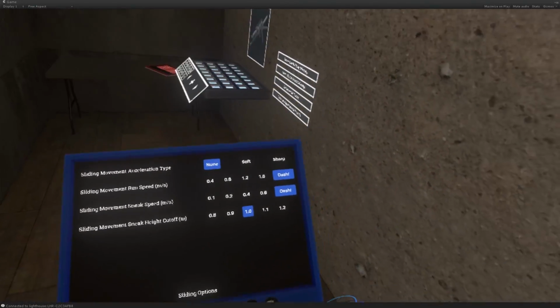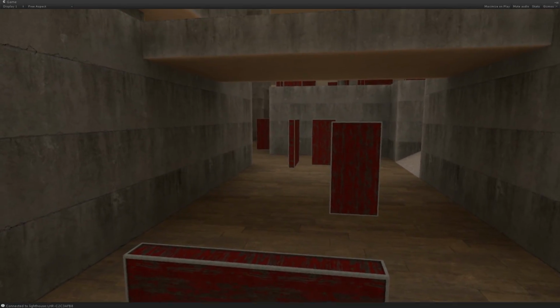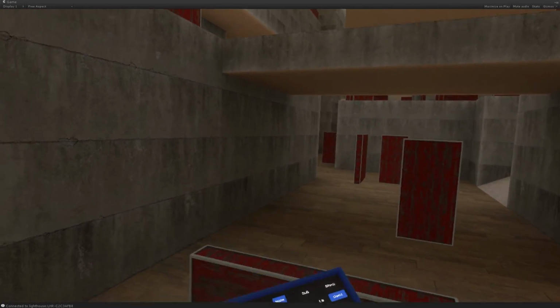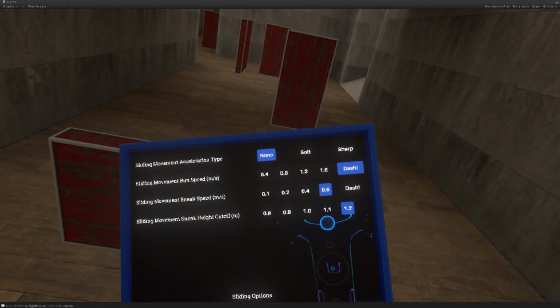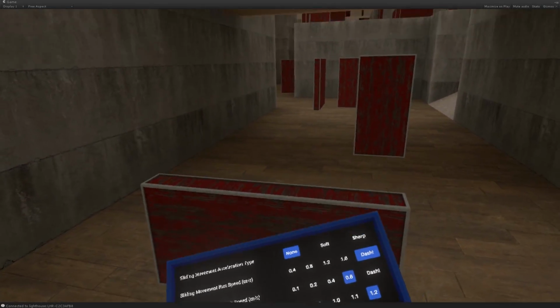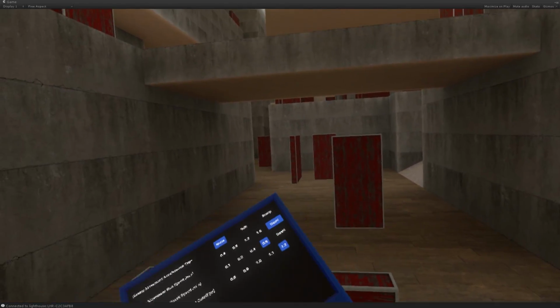I personally like this one the most. And then lastly, remember that you can have both the dash and a slower interpolation enabled at once using the sneak height cutoff system. What this allows us to do is pick a local height, which I might need to add one more setting for people who want to barely squat down, where essentially if you're standing fully